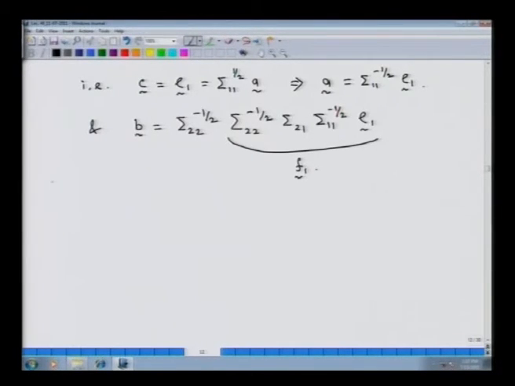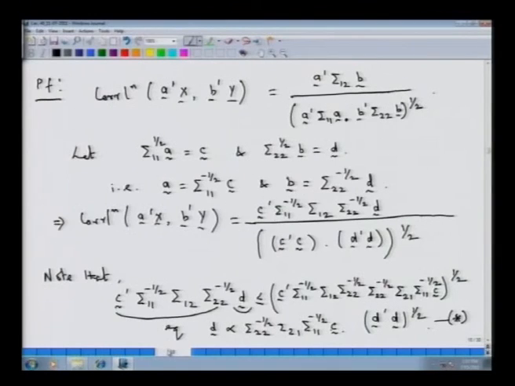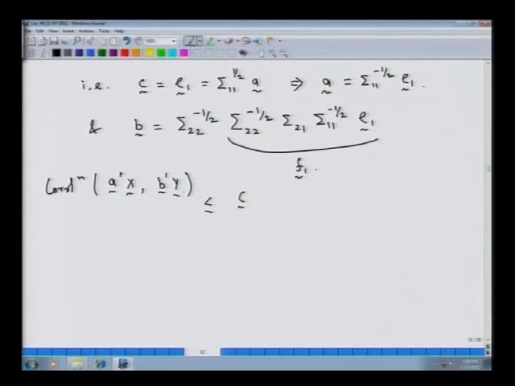Now, if we look back at the expression of the correlation of those two linear combinations, which were of the form A prime x and B prime y, we had seen that this was less than or equal to... let me look at that expression. This correlation was equal to this, where we had seen that the numerator is less than or equal to this, and hence we will have this correlation between A prime x and B prime y